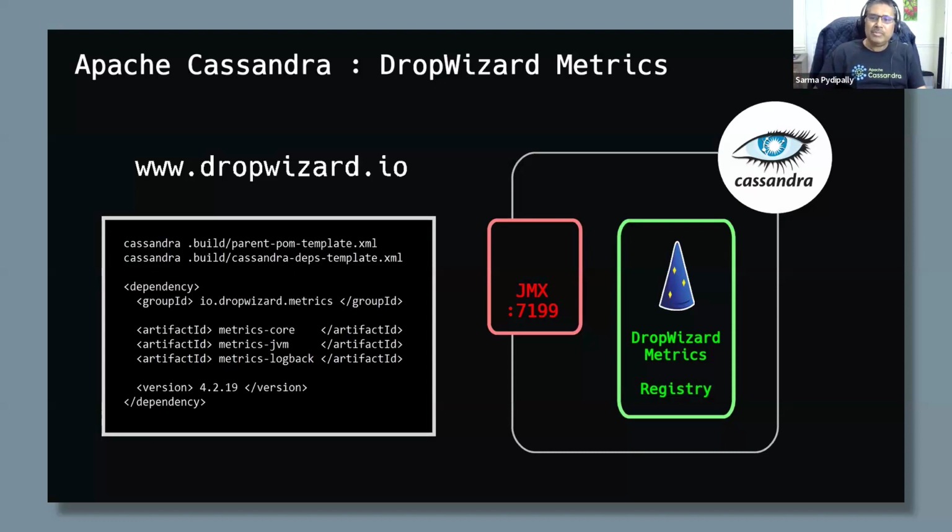Every Cassandra node by default comes with a JMX. Do not ever mess with JMX settings. It is by default very secure. If you're doing any changes, you're making it unsecure. So do not open any JMX ports for remote connections. It is already pre-secured, so don't worry about JMX. I just show it on the diagram here so you know JMX is there, but we don't want to use JMX. On the left side, I show you the artifacts used in the Cassandra build project.